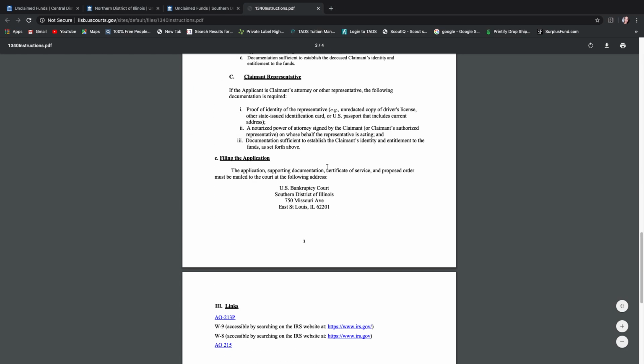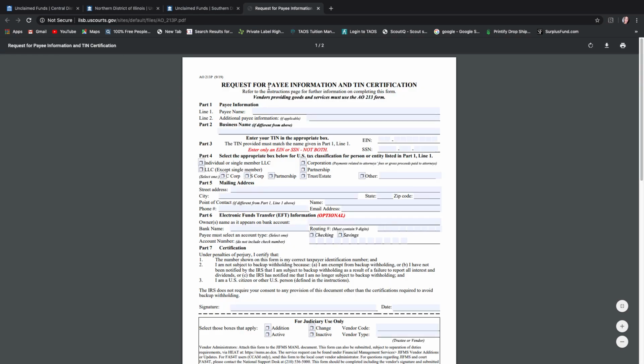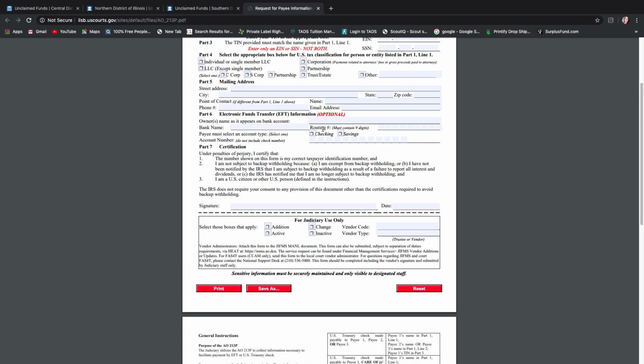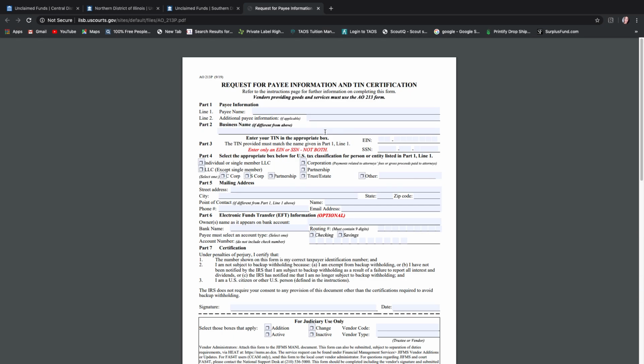So that's good. I hope this is helpful to you if you're in this state and you're trying to figure it out. If you go back here, you can see the payee information and what that looks like. Yeah, this is like tax papers. So if you were filing it as an individual on behalf of someone, you need to put in your TIN number. And it even goes as far as to put in your banking information, because I guess they just do electronic transferring now. So this is what you need for this district.